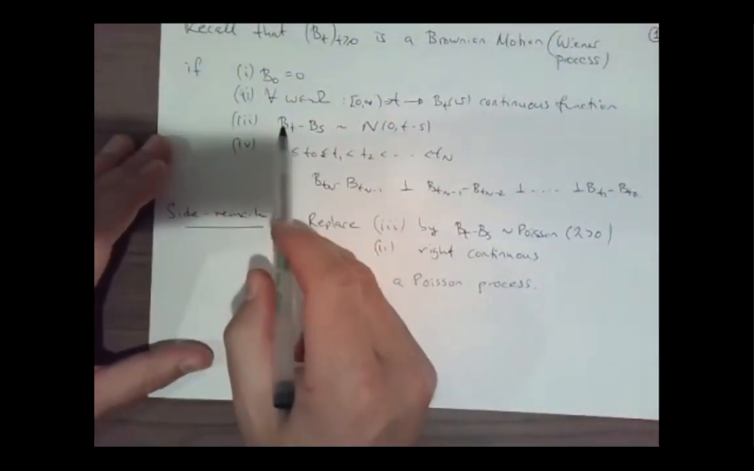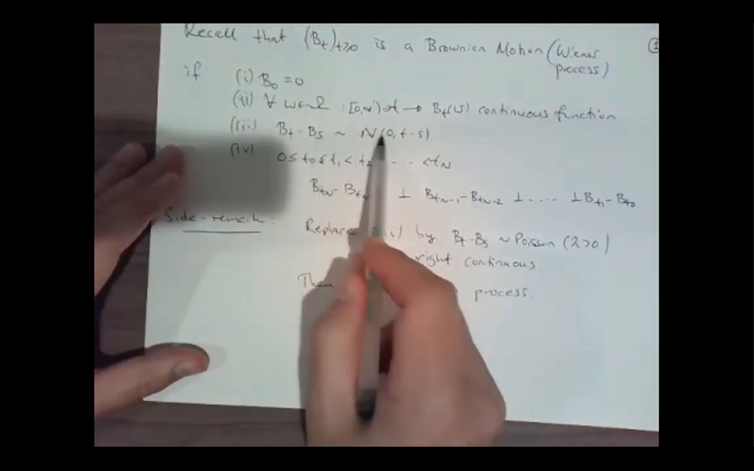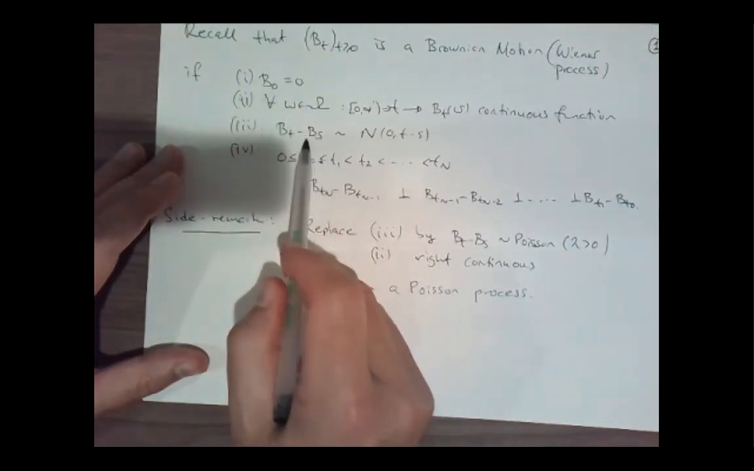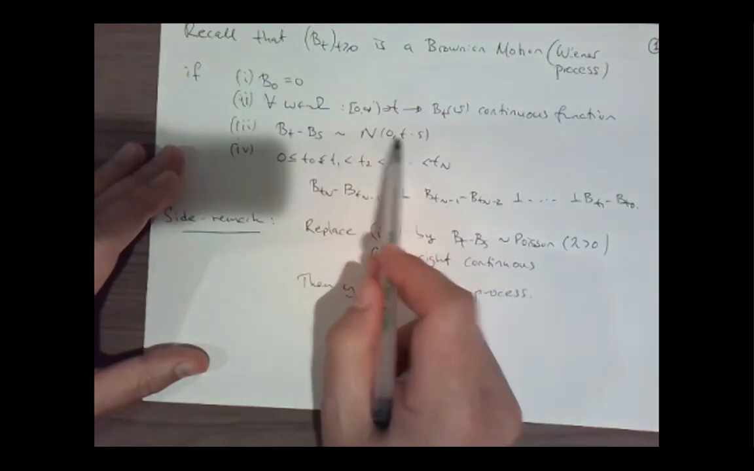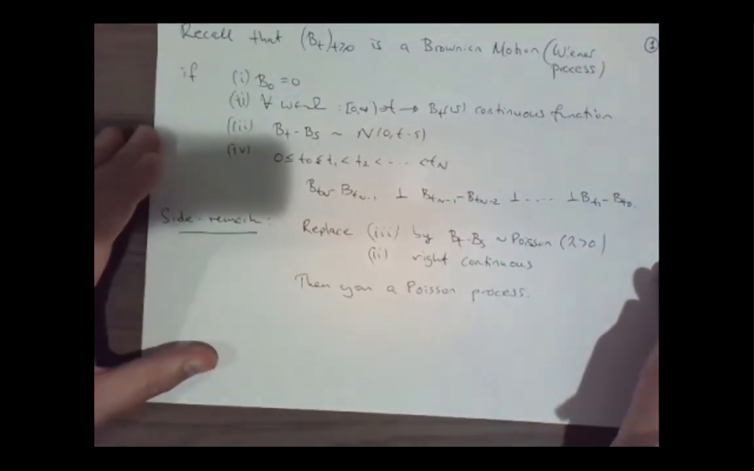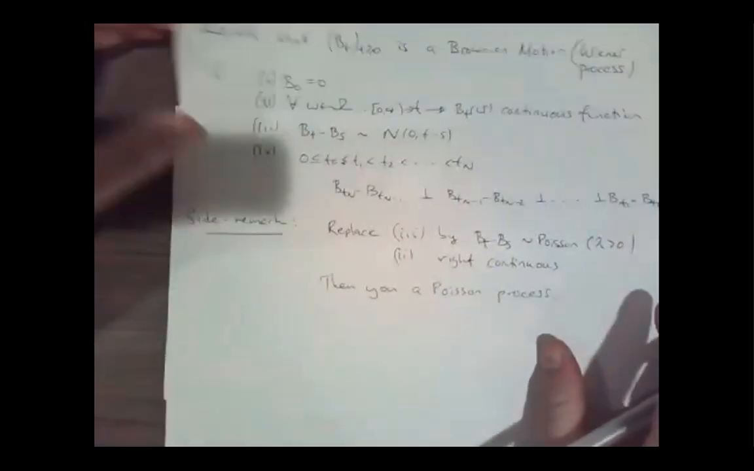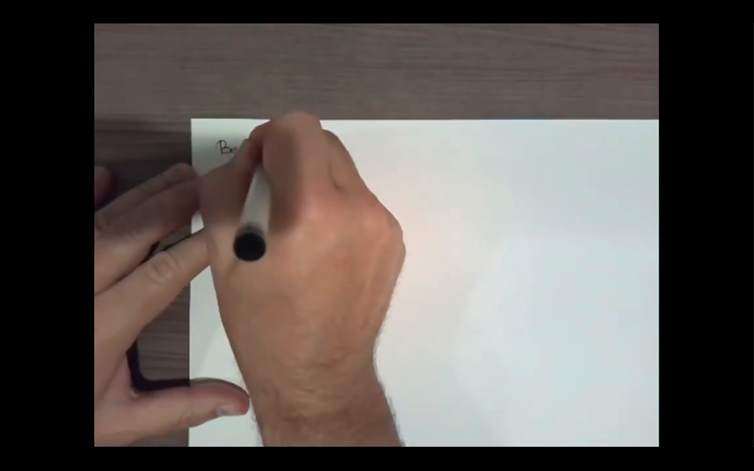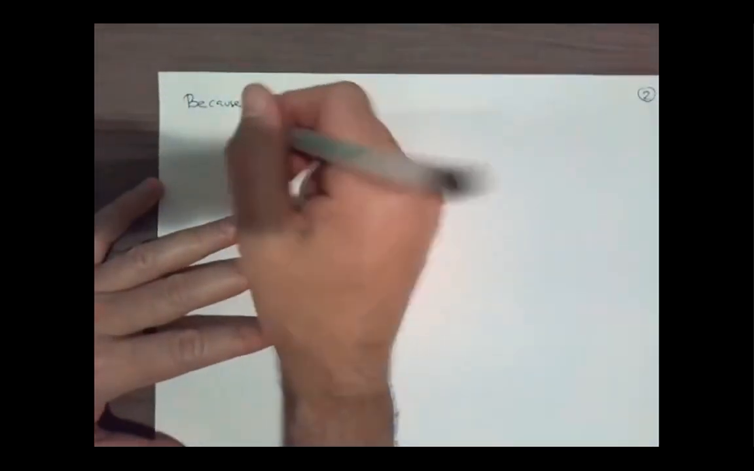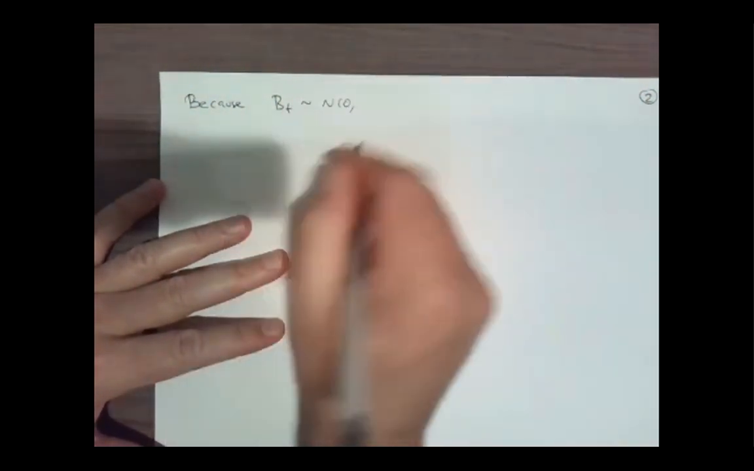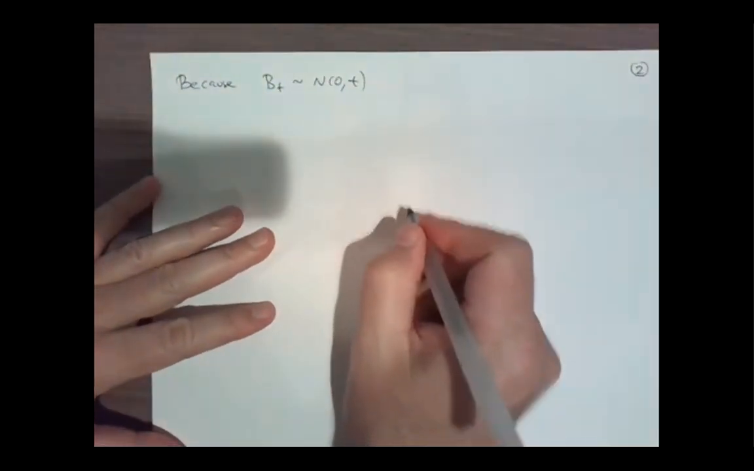There are some things to observe here. In this formula, if I take s to be 0, then I get a 0 here. So Bt becomes normally distributed with mean 0 and variance t. Let me just try to highlight that. In particular, because Bt is normally distributed with mean 0 and variance t, we'll have